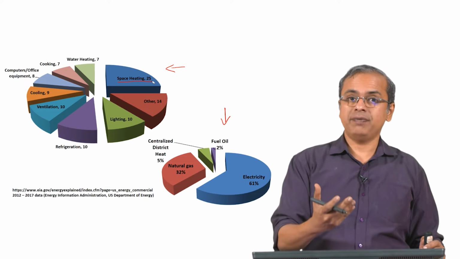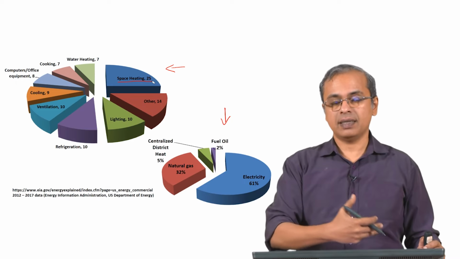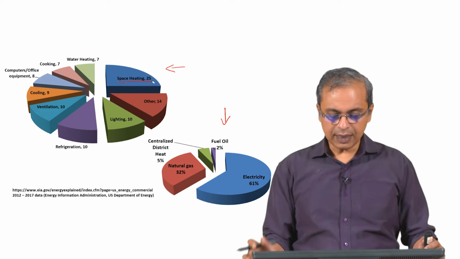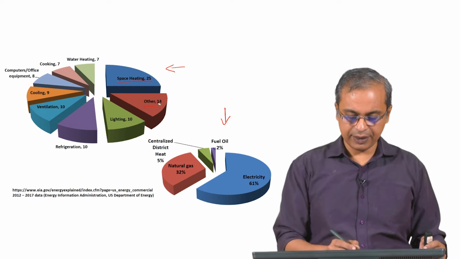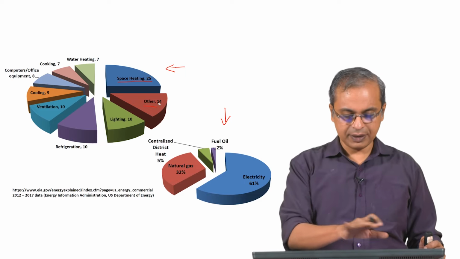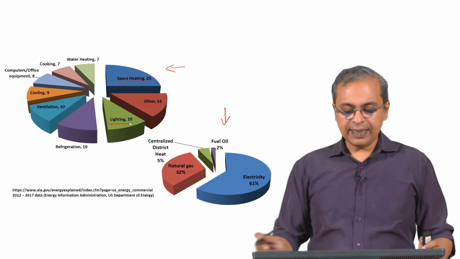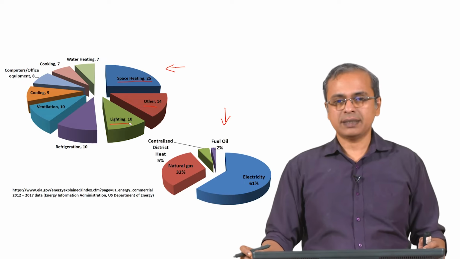I mean, whereas previously we were all just simply using ceiling fans, now that has been replaced by an air conditioner. So, that is something that we do. Other is some other sectors that are there, we will not get into that, but there is still some 14% not shown here which comes under that sector. Lighting. So, lighting is another place where buildings use extensive amount of power.